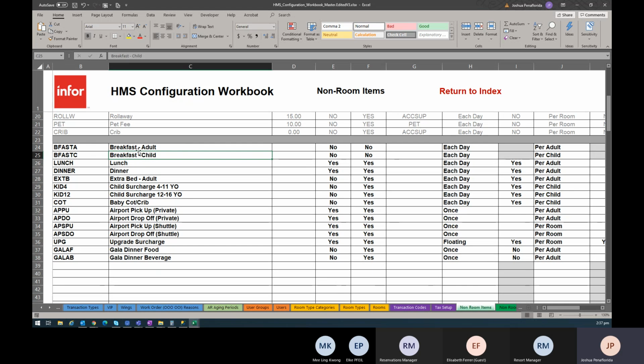But going further with the child, we do have some child category in the system wherein we're going to actually give a free breakfast, or zero rated breakfast, for a child 4 years old and below, right? So in that case, let me just pick up one item called breakfast adult. And to configure this one in HMS,